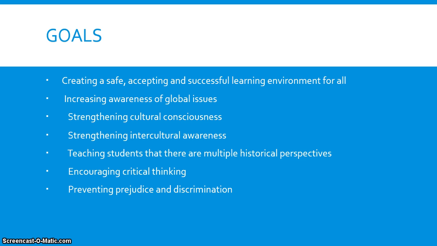And ultimately, we want to make sure that we're preventing prejudice and discrimination. I think that by doing this step in preventing prejudice and limiting people's ability to discriminate against one another, we can cross a lot of these other things off the list. So if there's one thing I would say that would have to be most important, I would just say preventing prejudice and discrimination can do things like strengthen cultural consciousness and increase awareness of global issues, because people from those different cultures will discuss it and people will have more interest in different cultures and not just being so focused on what's happening in their lives.